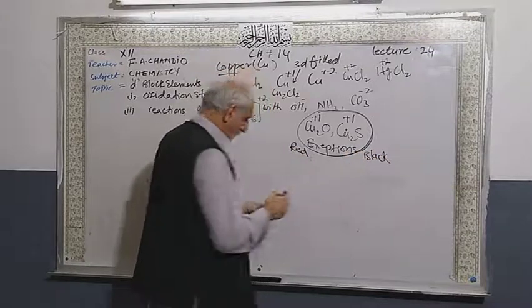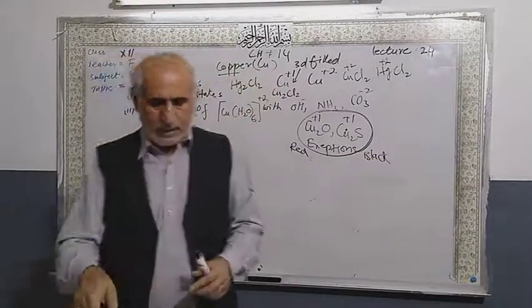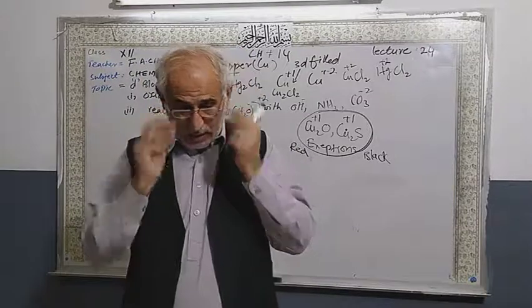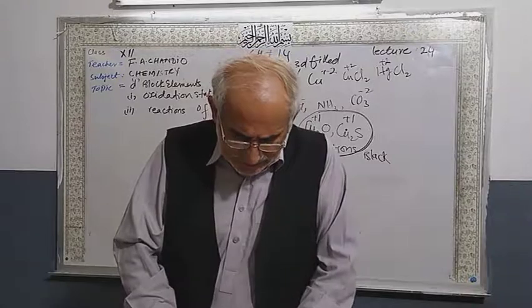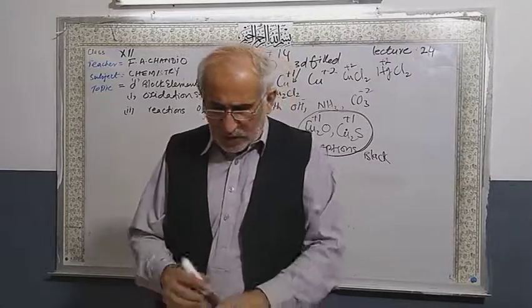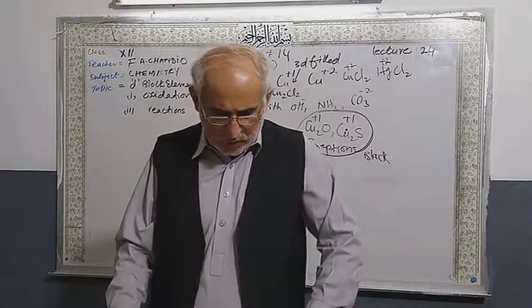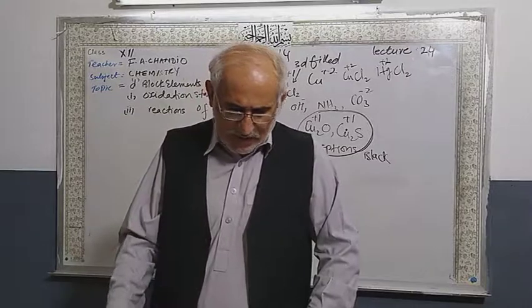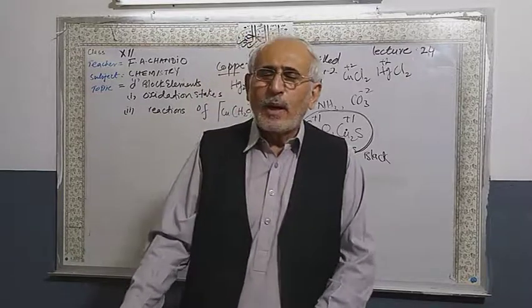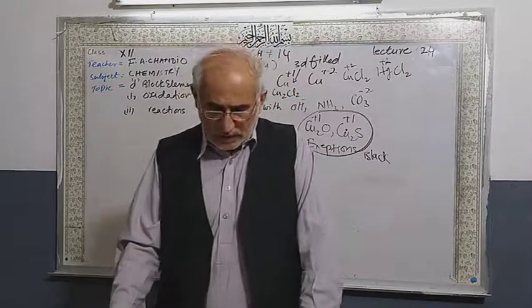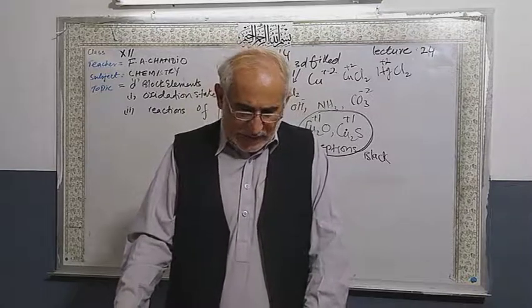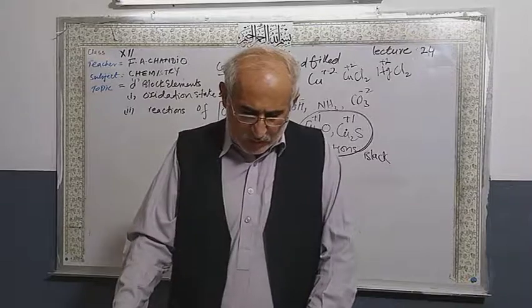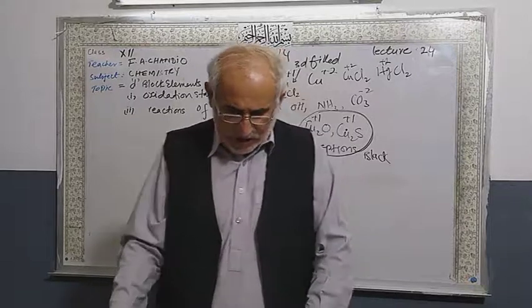Otherwise, mostly they are colorless. Now, these are generally insoluble in water. The soluble compounds of copper 1, such as chloride, are unstable. The copper 1 compounds which are positive 1 are unstable in aqueous solution since they